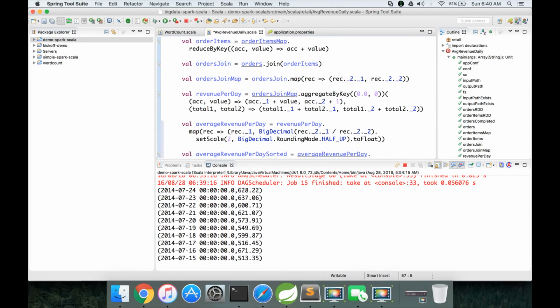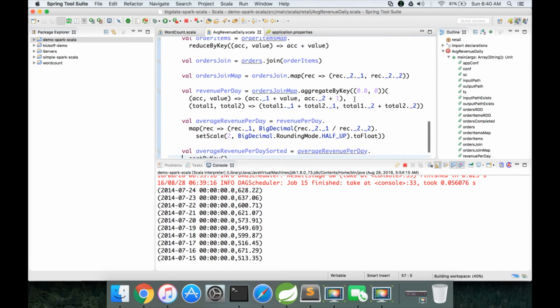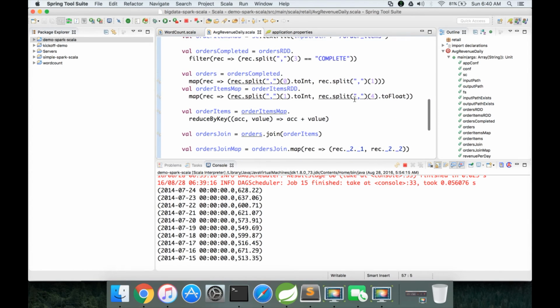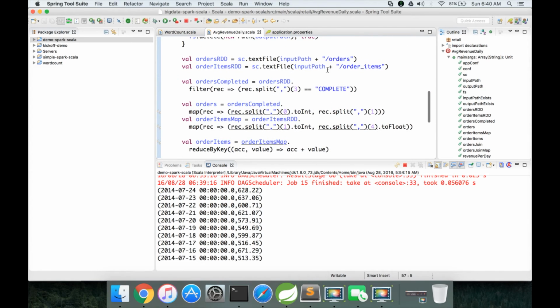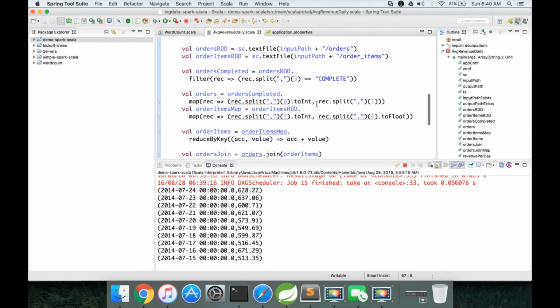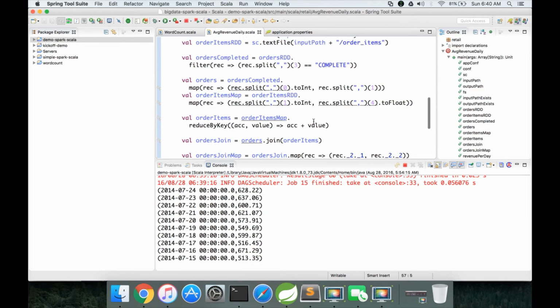Okay, save it, and if you try to revisit the program that is completed so far, we have read orders and order items, we have filtered for completed orders, then we have extracted order ID and order date from orders, order ID and order revenue from order items, and then we have computed order revenue because the order items have multiple entries for each order, and we want to compute the revenue for each completed order.